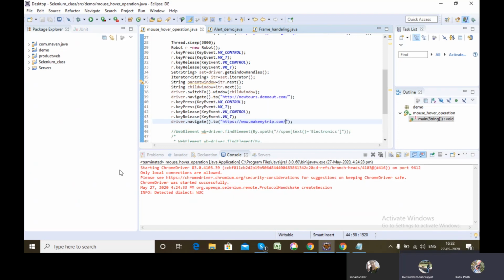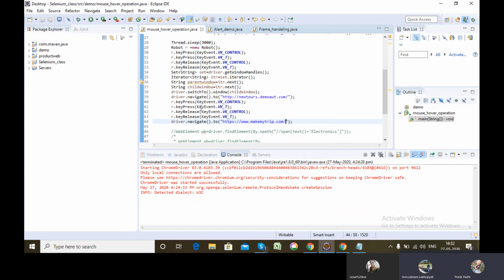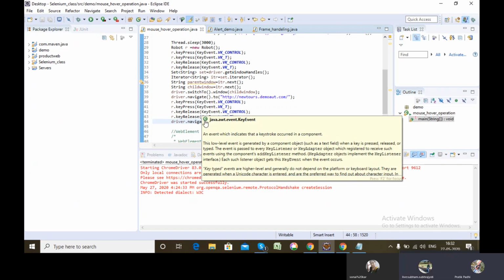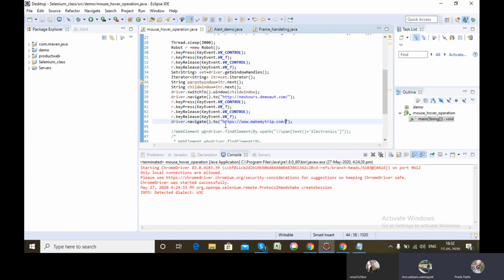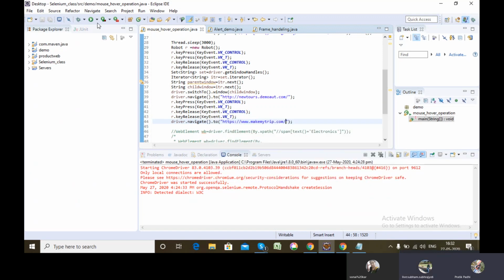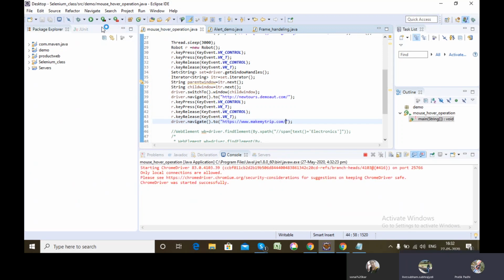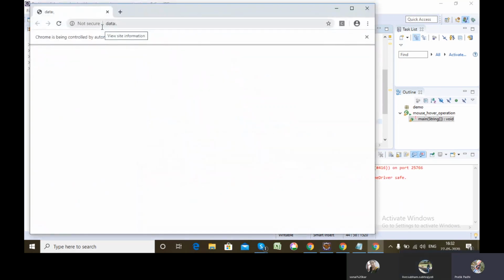But here I have opened a new tab, and I expect Make My Trip to get opened in this particular new tab, right? But it will get opened in the second tab because my current driver control is in the second tab only.